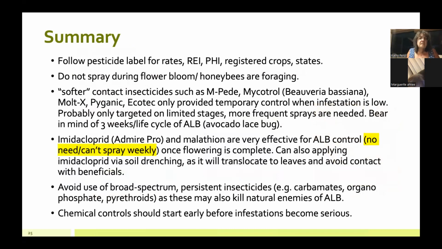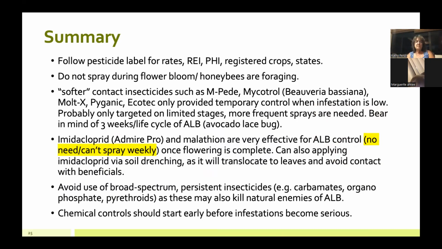But for the most part, I'm just going to summarize everything. Because we're dealing with pesticides, you want to make sure you follow all those label rates, the REI, PHI, registered crops, and all the other information on those pesticide labels, because they are the law. And like I mentioned, minimize application of any of these pesticides during bloom, especially if honeybees are foraging. And then typically in an IPM program, we recommend using softer contact insecticides such as Impede, Microtrol, Pyganic, and Ecotech to start off. And if you have to go to a stronger product,